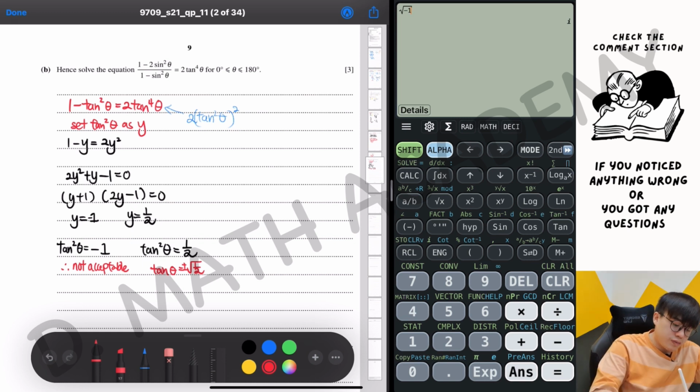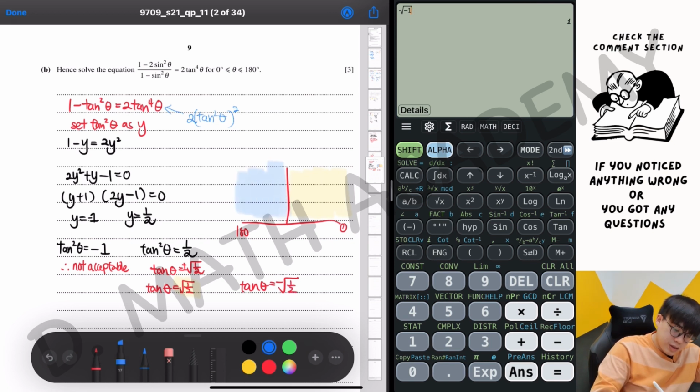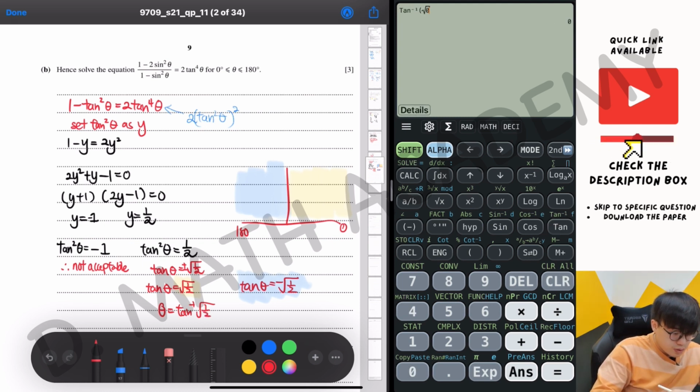So our tangent, when you draw out the quadrant, okay, it is from 0 to 180 specifically. So our first result of positive 1 will be right over here, while the negative 1 will get us the results on the other side, which is this. So when you split up the calculation, you will get your tangent inverse, square root 1 over 2,